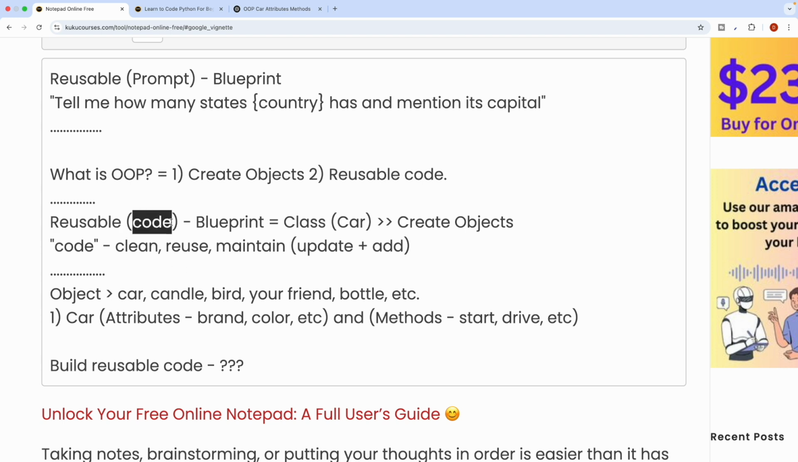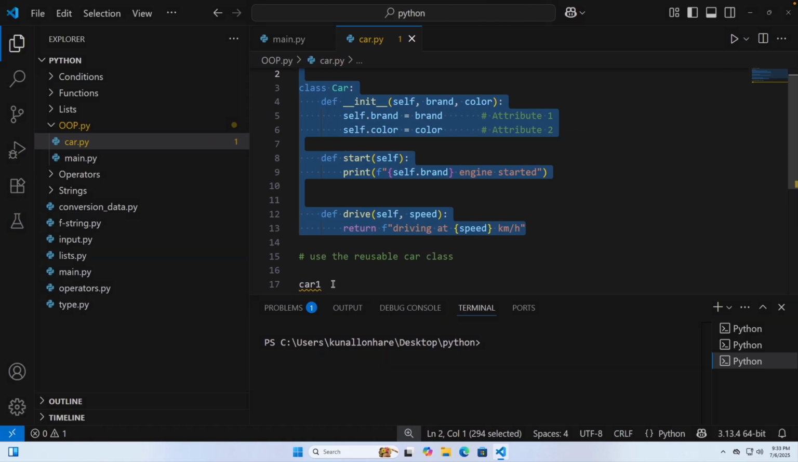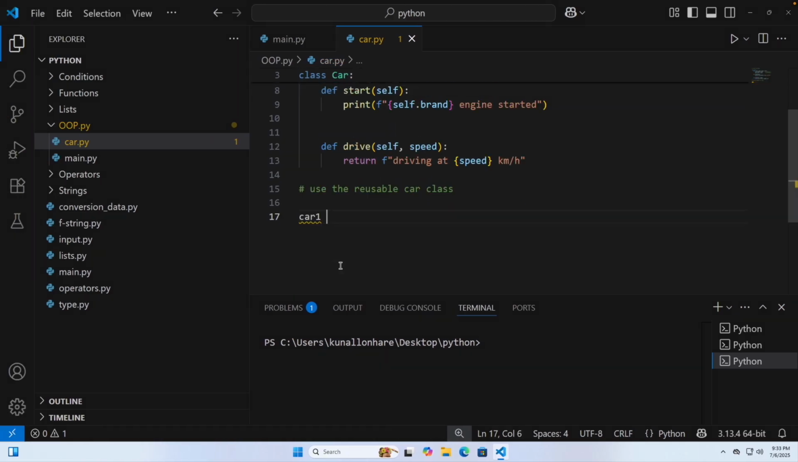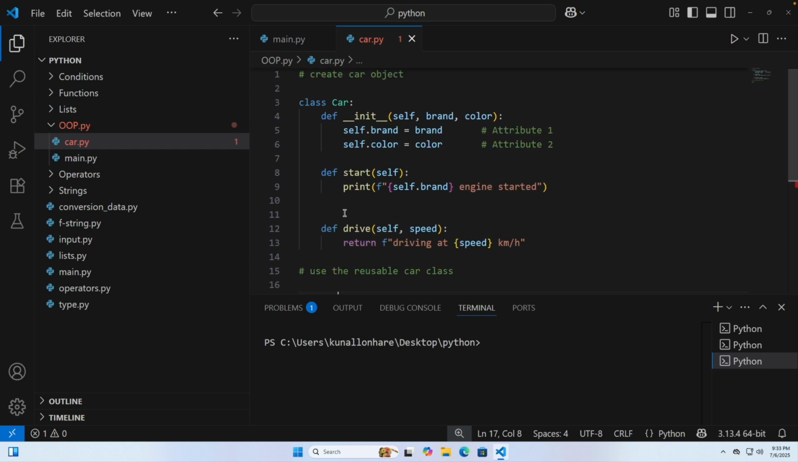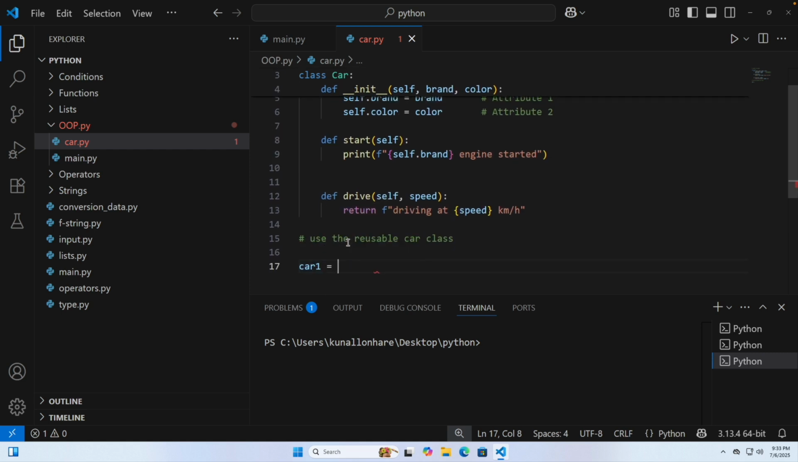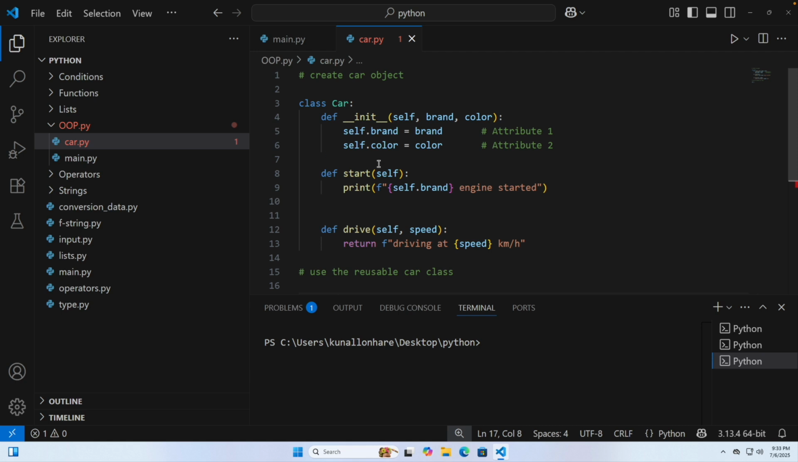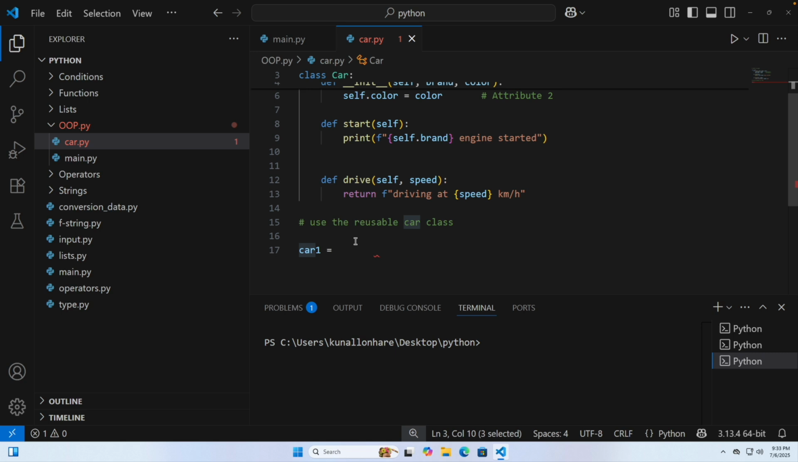Now using this reusable code I'm creating the objects. So I'm now creating car one, and I want it to be equal to the class. I want this car one to use this template blueprint, so I name it as a car, capital C. I will just call it like this,